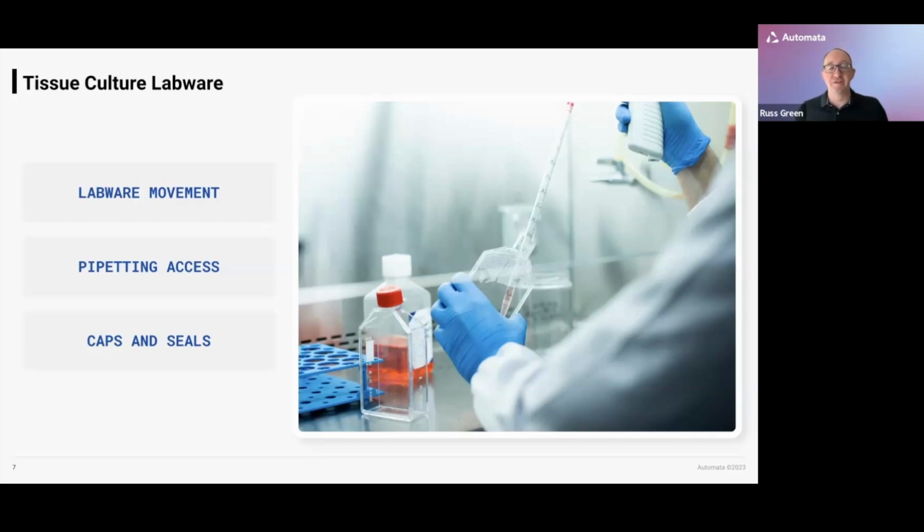So first of all, and you'll see most of my conversation today is going to be about adherent cell culture. And that's where we see an abundance of these very recognizable TC flasks. And you can see, even just from this image, some of the challenges that presents. We as humans have to hold them in a very particular way, especially if we want to get all the liquid out, using a pipette that's very long and has to go through quite a narrow neck. So there's all these challenges presented by that piece of labware, which, of course, are solvable through automation.